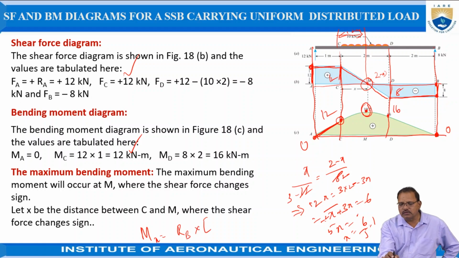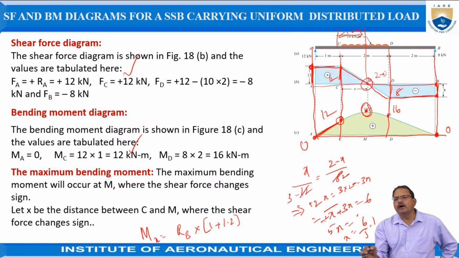The total distance is equal to 1 meter plus 1.2. It is positive because it is having a sagging effect now. Minus